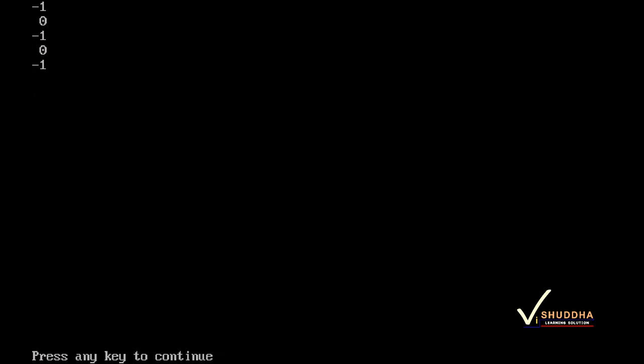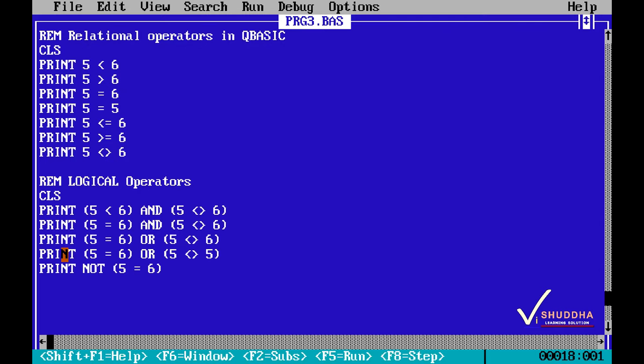Yes, it returns true because the NOT operator just reverses the output of a relational expression. Now let's talk about the END command. As the name suggests, an END command terminates or ends the program. By default, when all the statements of a program are executed, it is automatically ended. But there are situations when we want the program to be ended manually. So in that case, we can write the word end when we want to end the program.